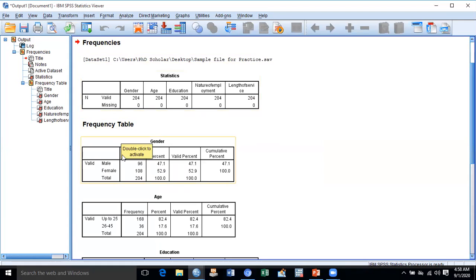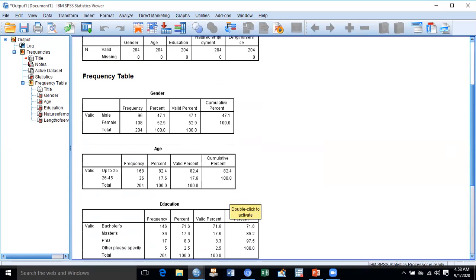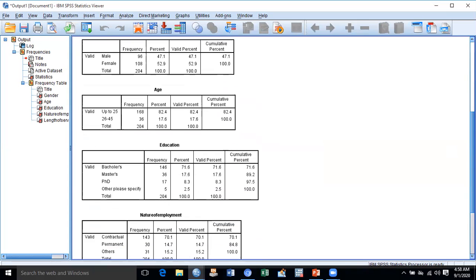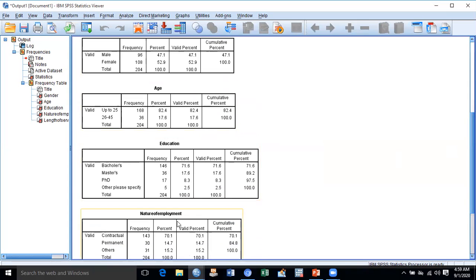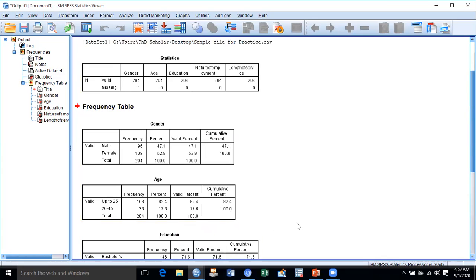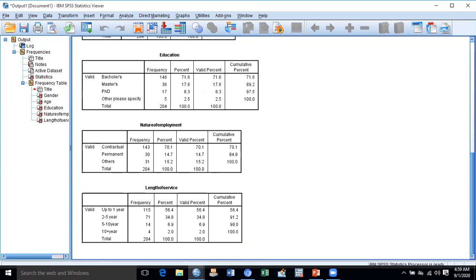Here in the frequency table, you can check male and female and their total population as well. 96 are male and 108 are female, and their percentage as well it has given. Like simply the rest of the variables like age, nature of employment and education, we can check all type of frequencies here.